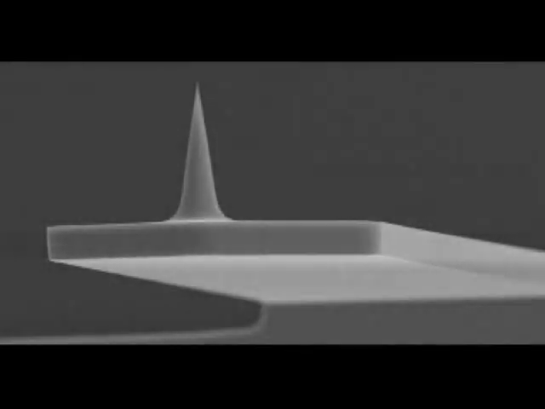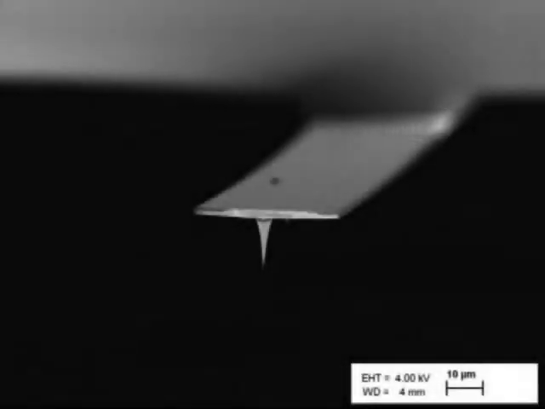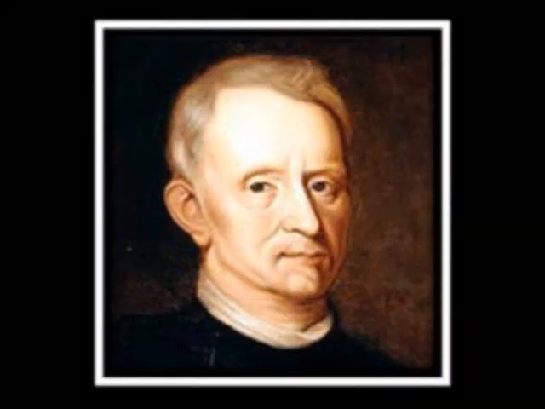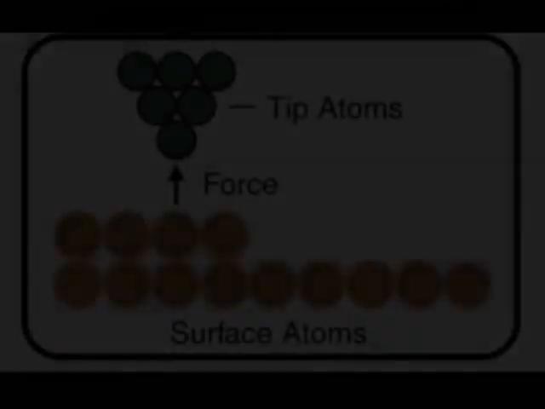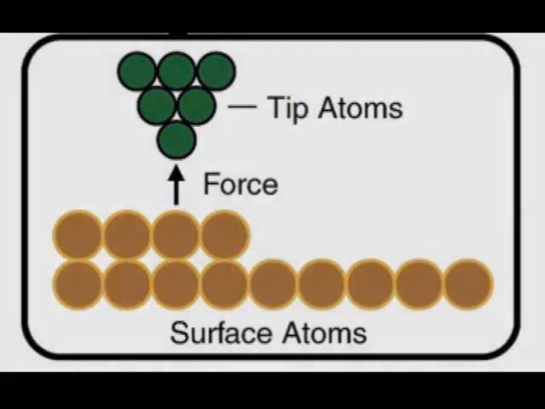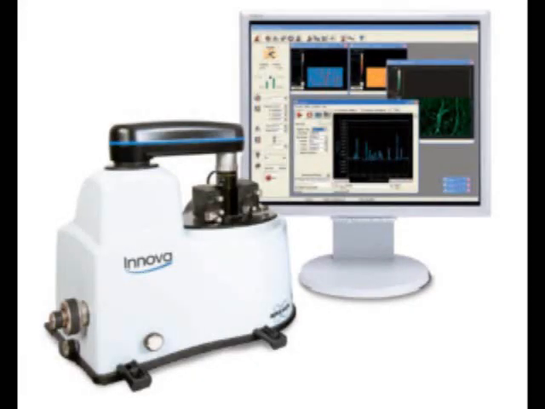The AFM consists of a cantilever with a sharp tip at its end that is used to scan the specimen surfaces. The cantilever is typically made of silicon nitride with a tip radius of curvature of the order of nanometers. The force between the tip and the sample deflects the cantilever according to Hooke's law. In general, the force between the cantilever and the sample is the sum of van der Waals, electrostatic, magnetostatic, electrodynamic, and capillarity forces. Now, we shall learn about how the AFM works.